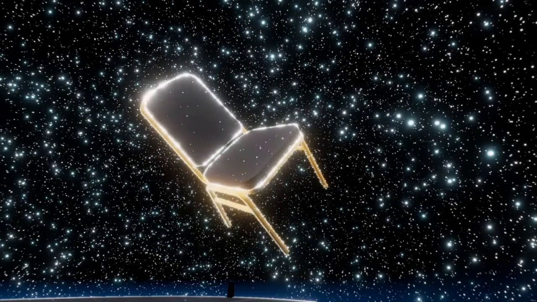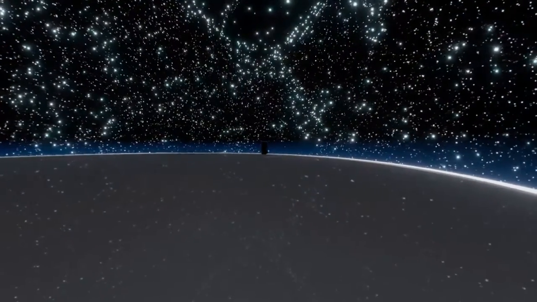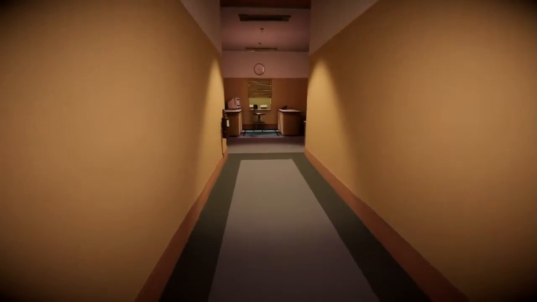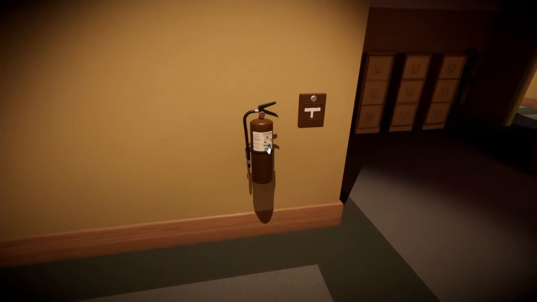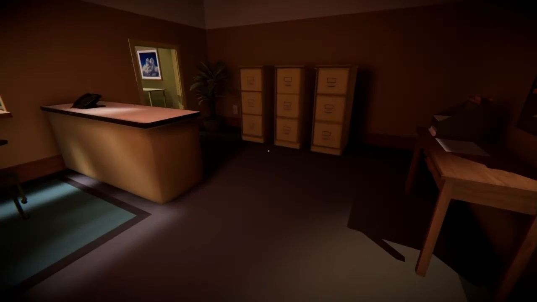So the Dollhouse level is the most frustrating one as far as perspective, and especially on the speed run, which I'll be covering on a different video. Here's your first extinguisher and fire alarm once you get through those double doors,